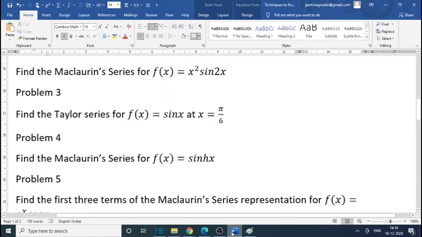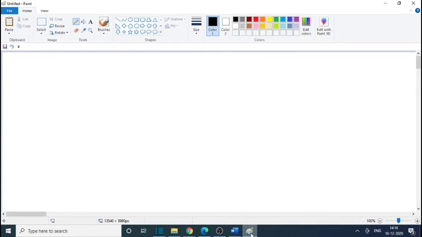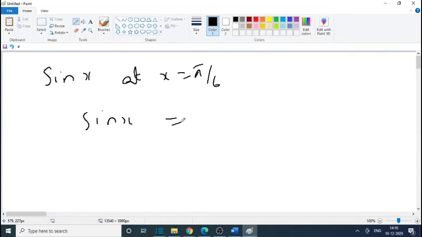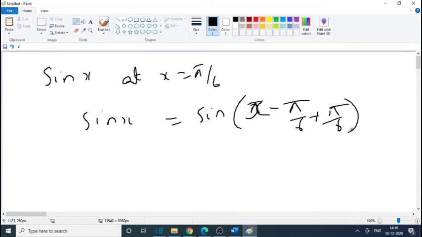Next problem is find the Taylor series for f of x equal to sin x at x equal to pi by 6. Sin x at x equal to pi by 6. So sin x we have to write in terms of pi by 6. So we could write x minus pi by 6 plus pi by 6. So this can be written as, these two terms we can combine together. So this is sin, we can use the formula sin of (a plus b). So sin (x minus pi by 6) cos pi by 6